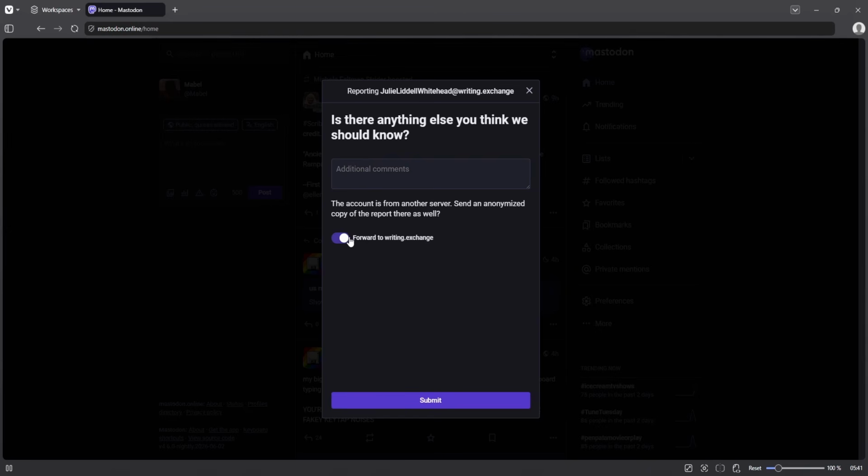So if the server you're reporting to is a good-natured server that is taking care of enforcement of its own rules, then it is a good idea to forward the report always and let them handle it while your moderators also handle the local copy of the report. However, if you think that the server the account is from may be a malicious actor of some